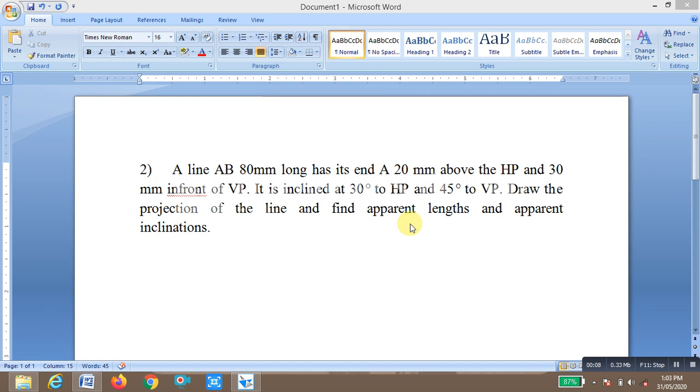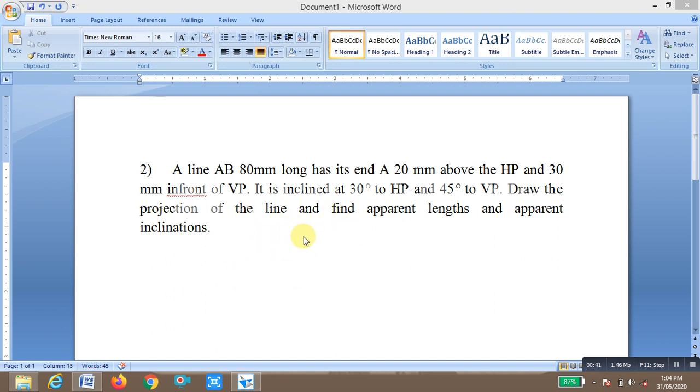Today I am going to explain to you how to draw the projection of a line. Usually we draw the projection of a line using geometrical instruments or a mini drafter. But in the examination we should be aware of both manual drafting as well as using software like Solid Edge. So today I am going to explain how to draw the projection of a line by using the software Solid Edge.